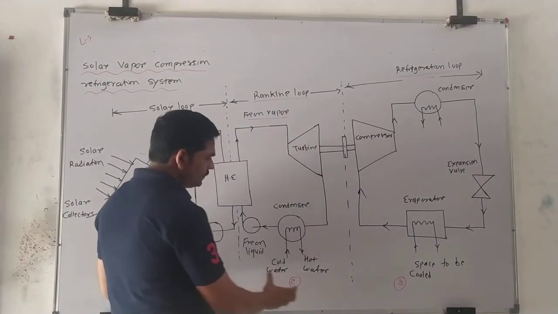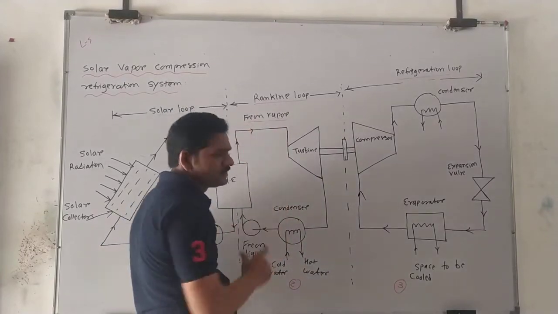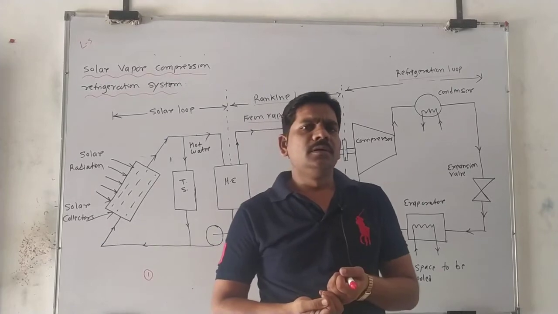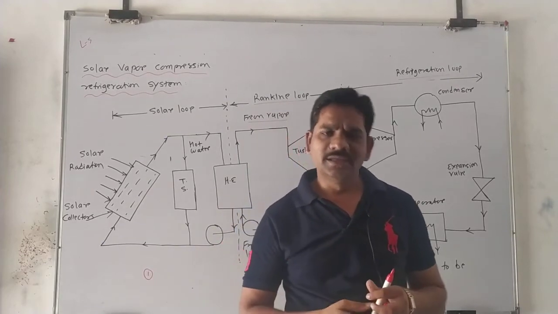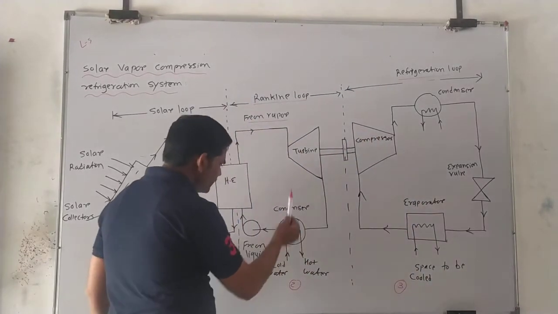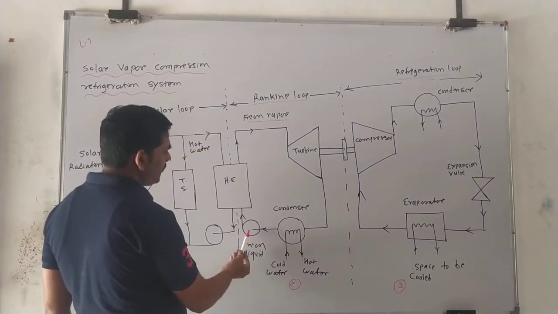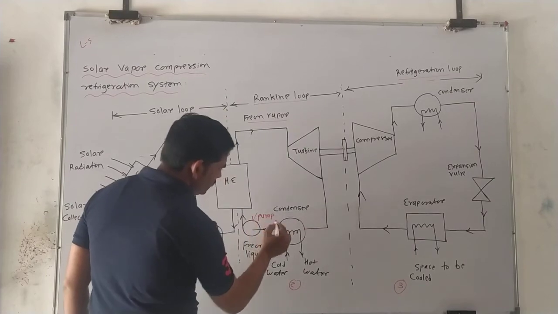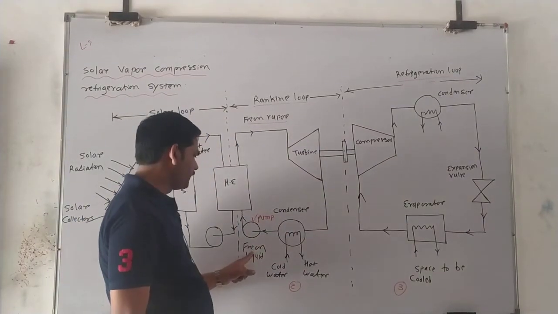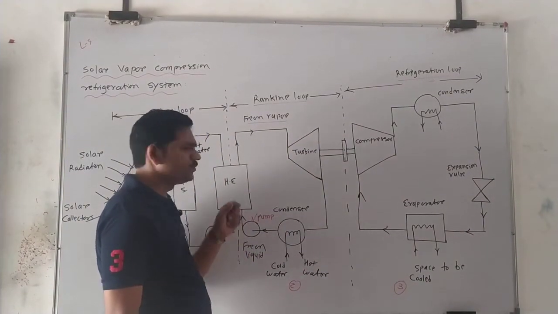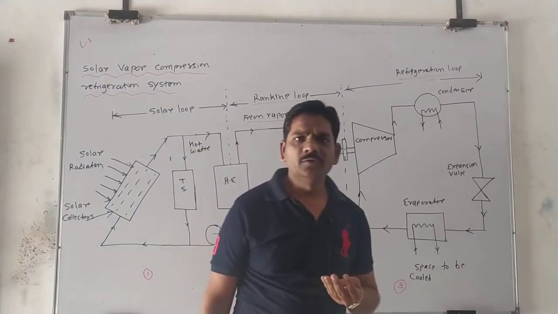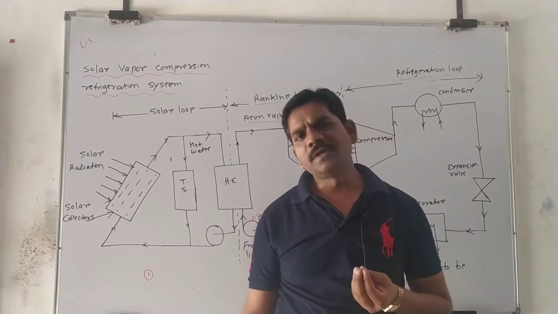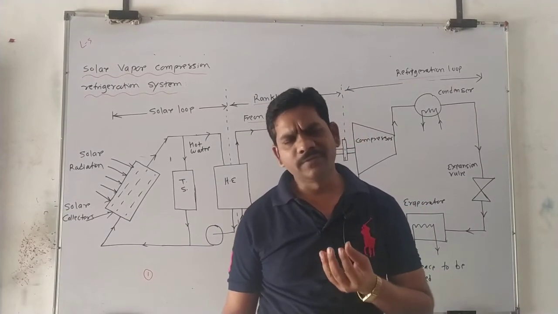At the same time, this loop will work. This loop is nothing but the Rankine loop. Rankine loop means low temperature cycle, nothing but the Rankine cycle. So in a Rankine cycle, with the help of this pump, the pump will be there. This is the pump. With the help of the pump, the Freon liquid is passed into the heat exchanger, and we know that Freon is a low temperature vapor refrigerant which boils at very low temperatures.